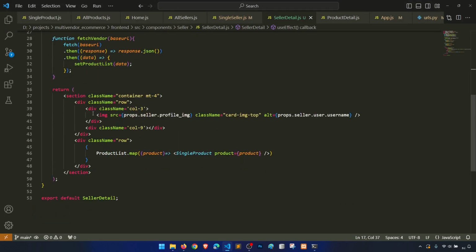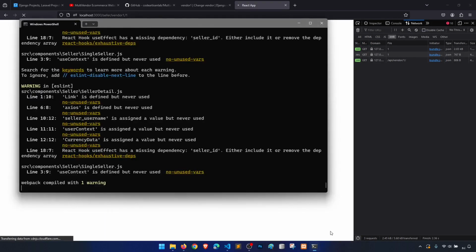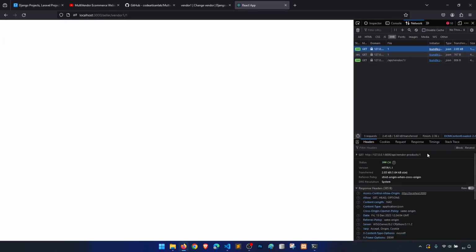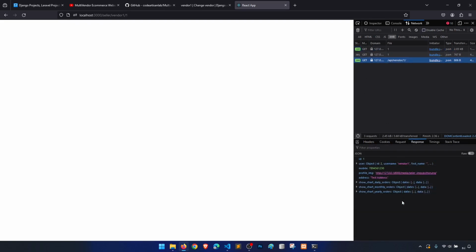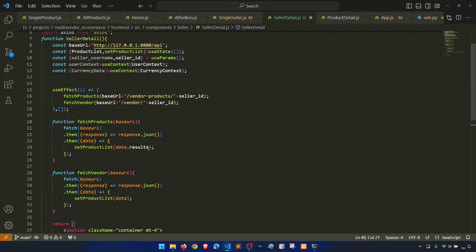Oh, sorry. So let's remove this current for now. Okay, so this is vendor, this is vendor. What is the issue? useContext is defined but not used. Okay, this is fetching the data, response is correct. This is fetching the data, response is correct, but vendor seller id, fetch vendor,